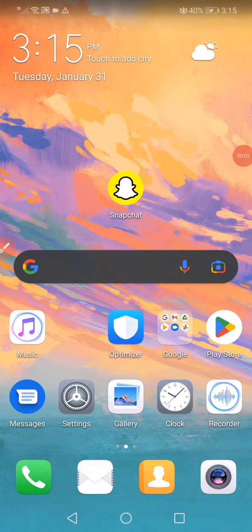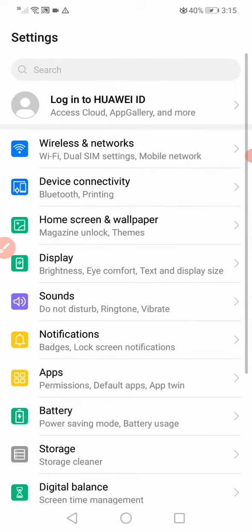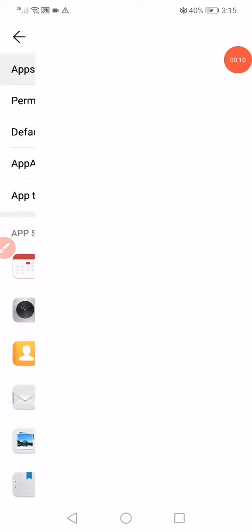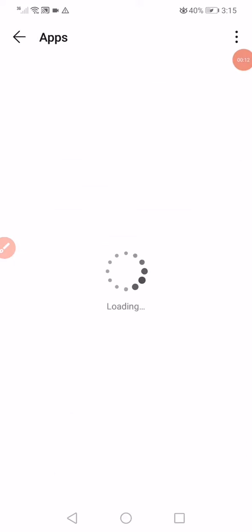How to solve Snapchat save in chat option. First thing, open the settings. Go to the apps manager. When you open the apps manager on this page, you will find every single app that you have on your